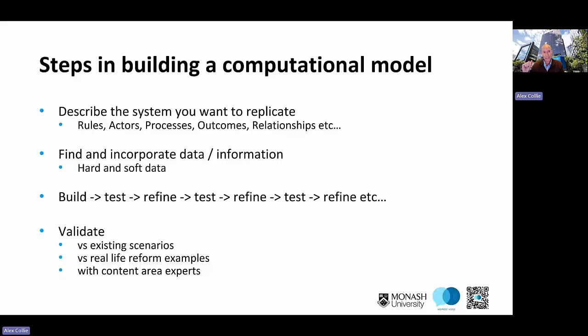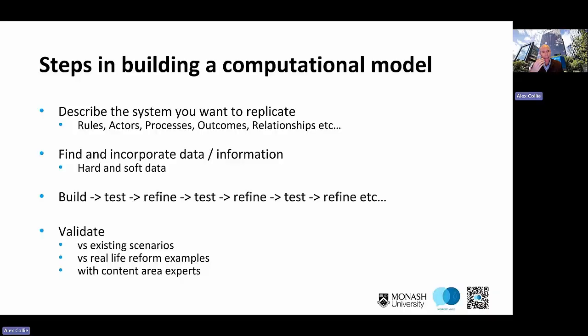And that was actually quite challenging to say, because we have multiple different sorts of systems in Australia, to say, here's the step-by-step process that we tend to go through in workers' compensation. And we had to write what the rules were, write who the actors or the agents were, what the processes were, what outcomes we thought they produced, and look at the relationships between the different people or agents in those systems and write those down. So we've got this explicitly written now.